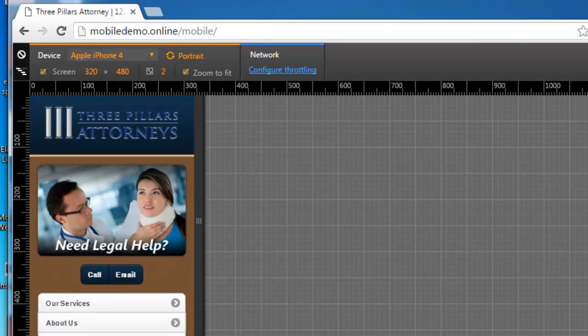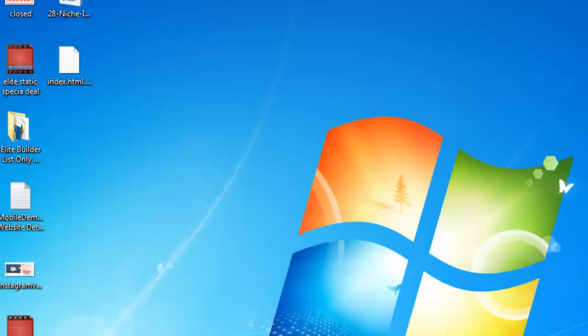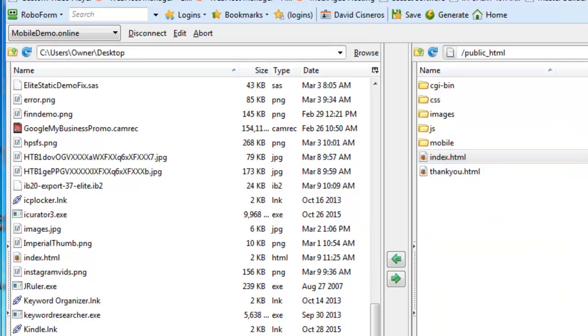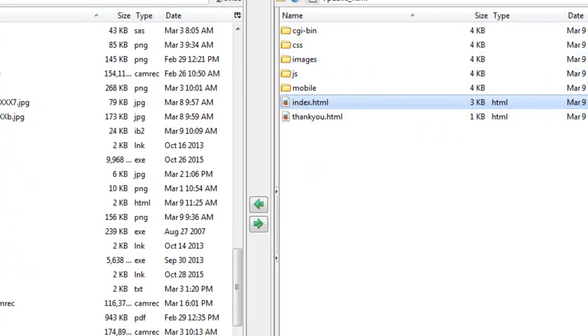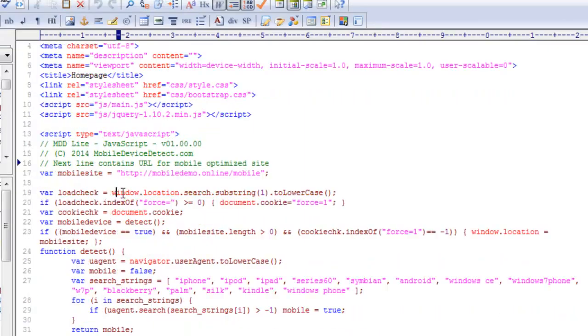Okay? So that's how you insert your mobile device detect script. You need to make sure that you access your index file. Okay? In another video, I'll show you how to do it using a WordPress install. But if it's just a regular HTML website, which I sell a lot of mobile devices to owners of HTML websites, it makes it very easy to edit. You just edit this one file, and across the board, you should be able to have this mobile device working for you as long as you insert the script